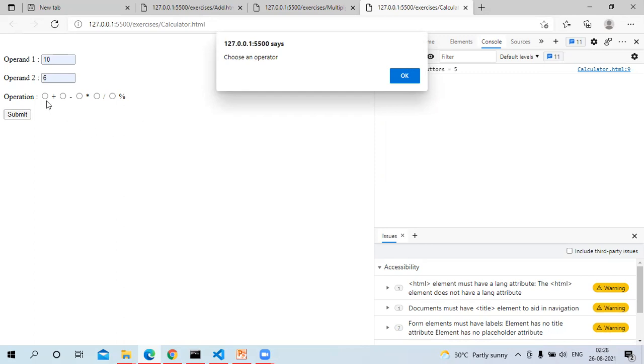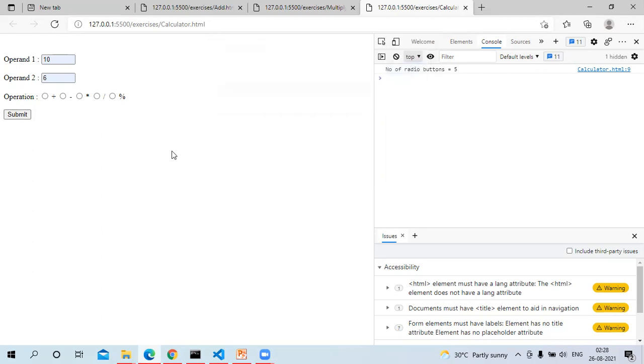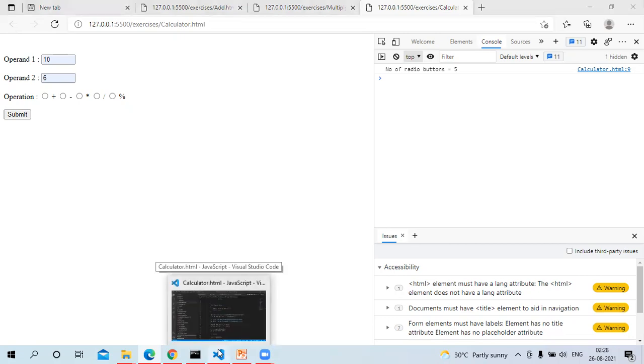That means before going to the function, we should make sure that one of the functionalities is selected. If it is not selected, we should display an alert message like this. This is done on the client side. We'll see how to implement this client-side validation in this program.